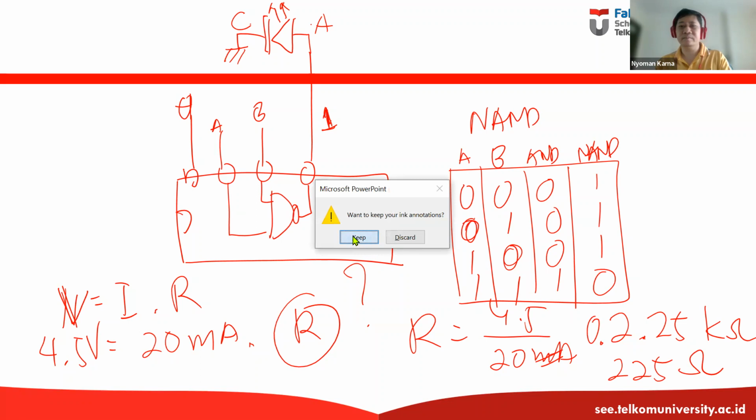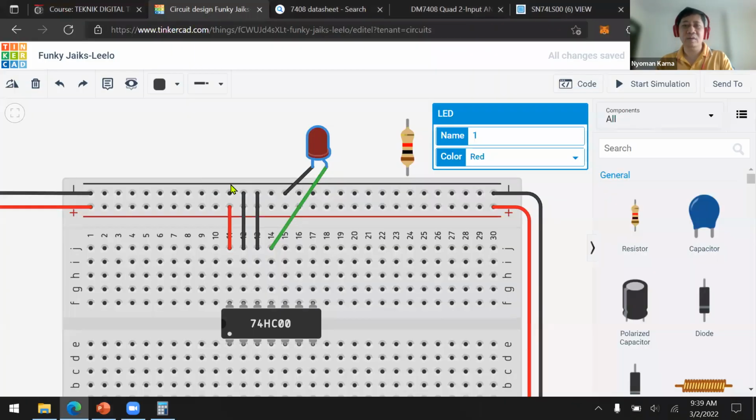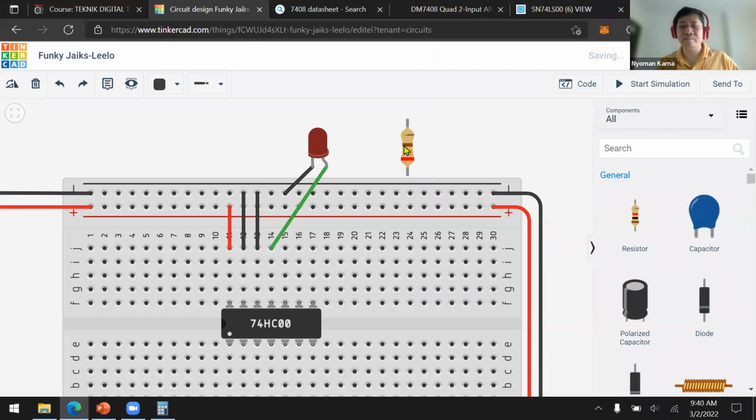Okay, so we need to give a resistor with the resistance value of 225. So we go to here.